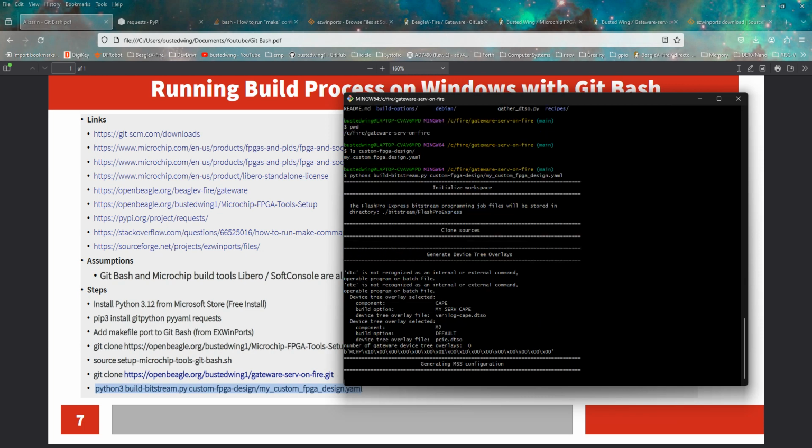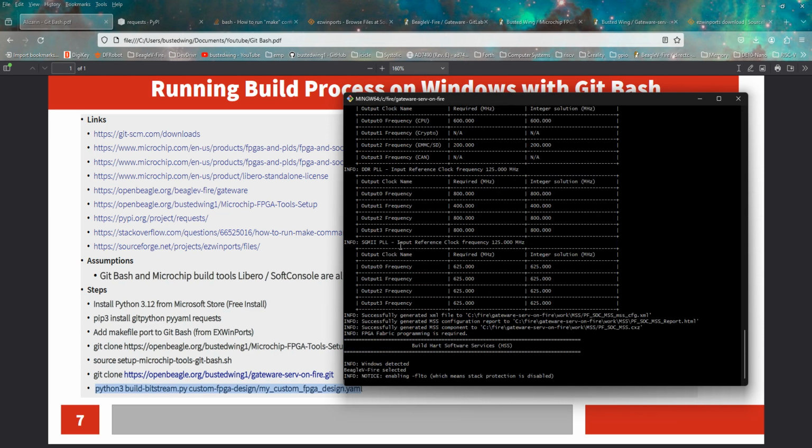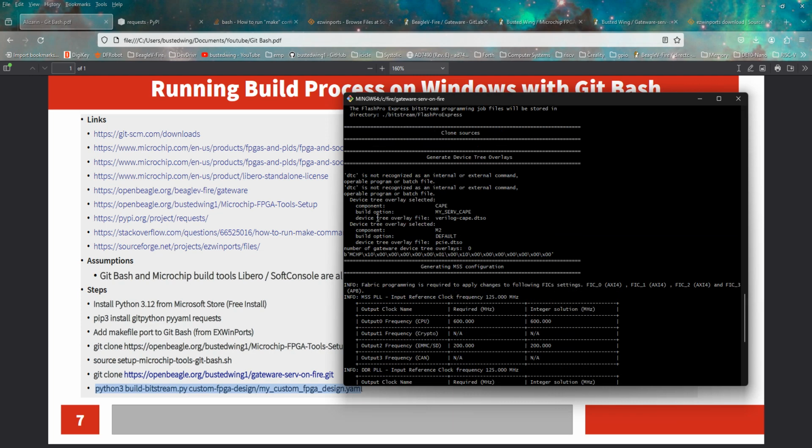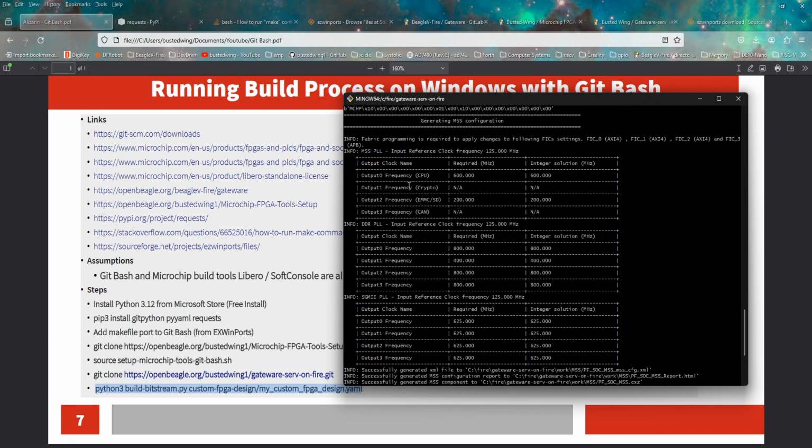So it's going. It's looking nice. There is right here that you saw that DTC error. So I don't know what this means. I tried to do a pip install of DTC, and I think I did that. It didn't help. So I'm not quite sure about that, but the build seems to work fine for what